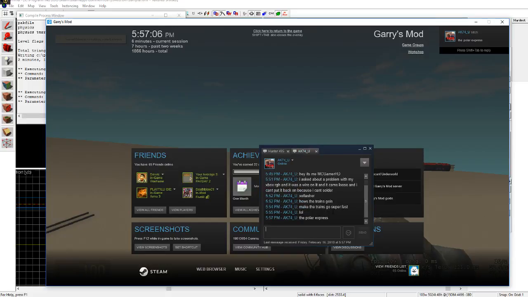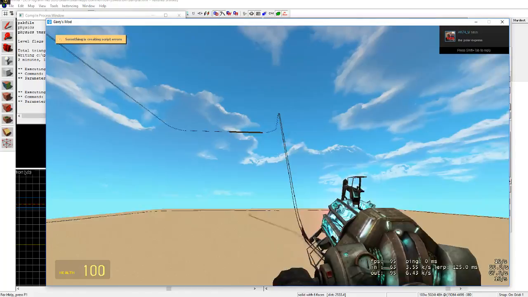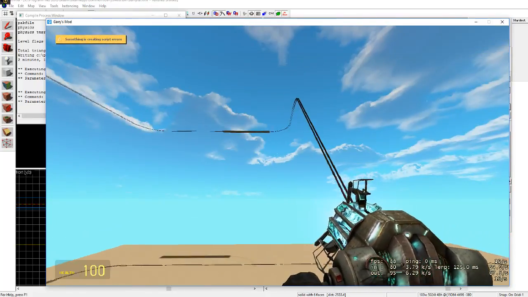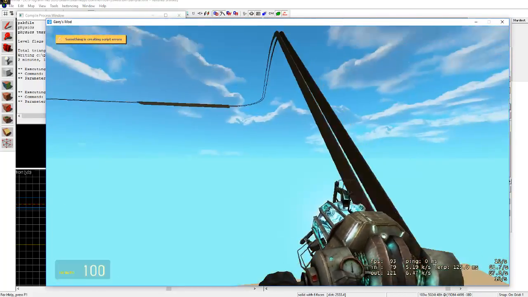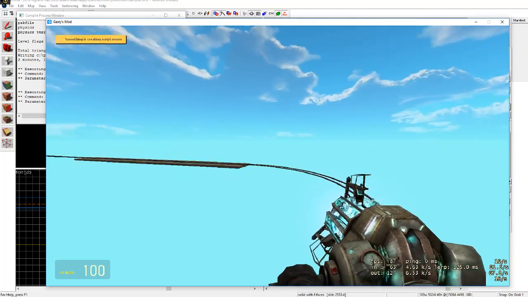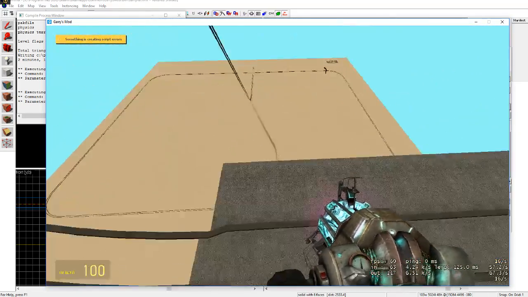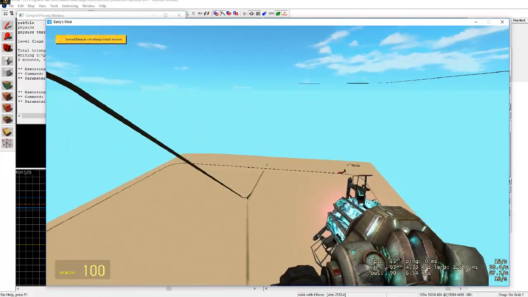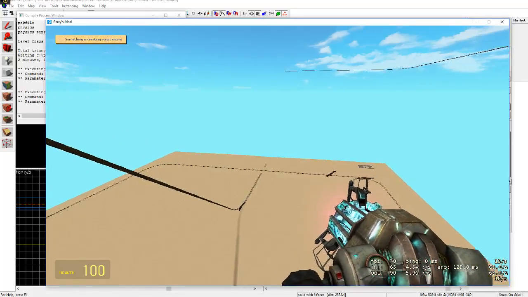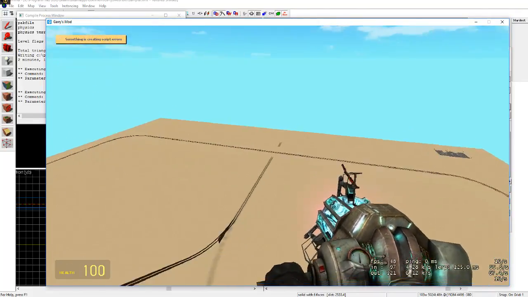Oh, Polar Express. Oh my gosh, I need more time. Like, I can make a train loop. Should I try to do that, really fast? I don't know. If I used